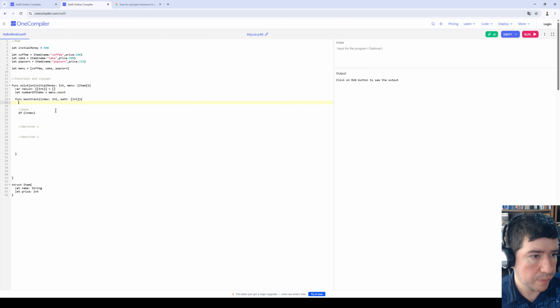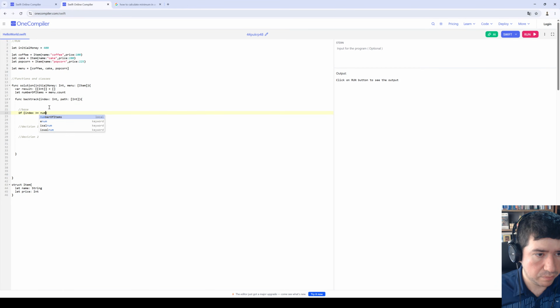Okay, so if index is greater than or equal to number of items, or